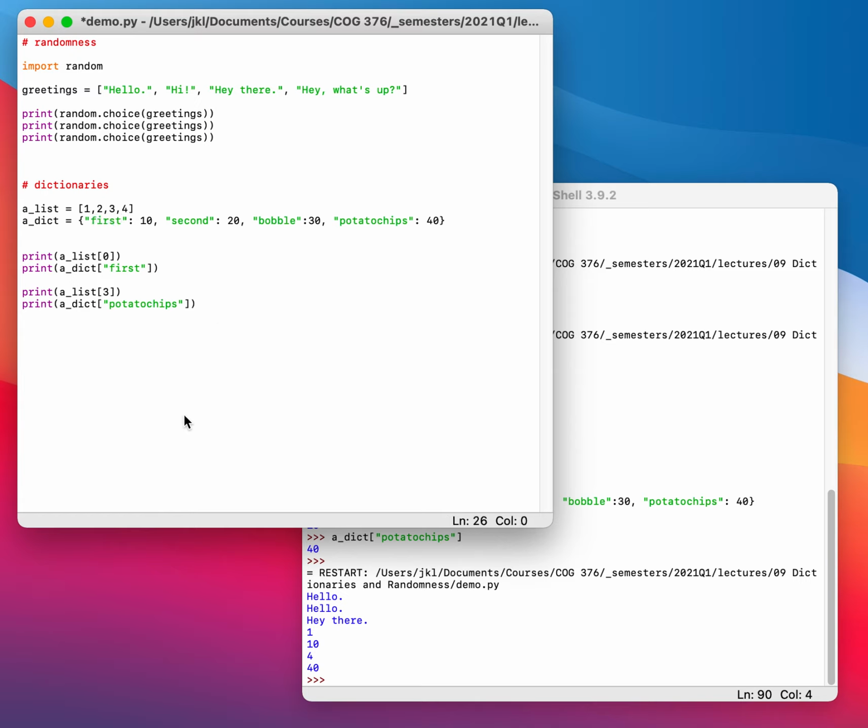Okay, so let's use a dictionary for something a little bit more interesting than this little toy example. A dictionary of a phone book entry. Let's define something that will make more sense. Sometimes you have a lot of related information, but that is of different types. So, for example,